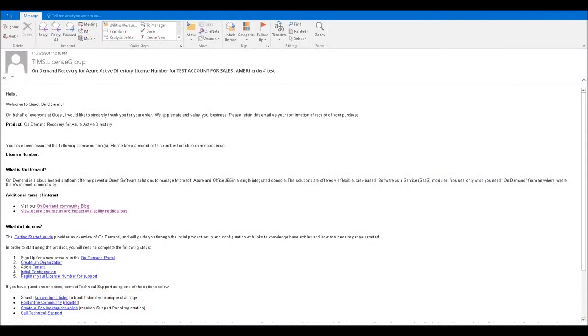Now, when you first sign up for On Demand or purchase a license, you'll receive a welcome email, and that's highlighted here. It'll contain information like your license and what product you have licensing for. It'll also contain some useful links like the status page of the services as well as useful KB articles on